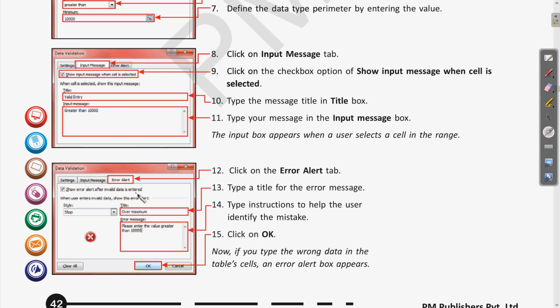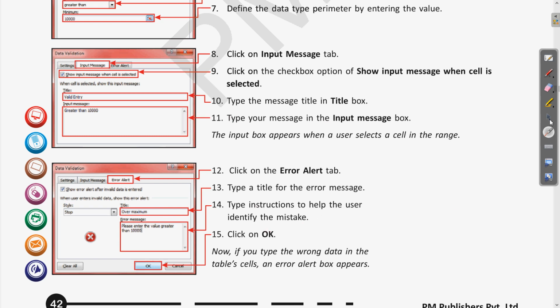So this will be the error message which will be displayed so that the user can know the reason that his value is not being accepted. Clear? So this all was about the data validation rule. We can do various changes according to our requirement. Clear? So these were the three tabs: settings, input message, and error alert, using which we can use data validation.